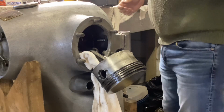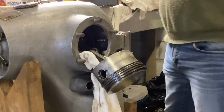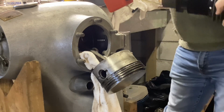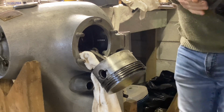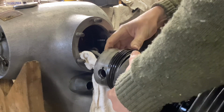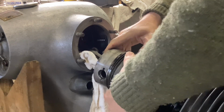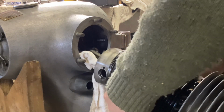We've reached that wonderful moment where it's time to put a cylinder on. I'm actually quite excited about this. Been looking forward to getting this engine together for a long time. So, a bit of oil down the bore and smear it around a bit. I'll try wrestling them on. I don't use a piston ring compressor. I haven't got one, even for the Aeronca. They usually just go in. There's a bit of a taper on the end of the barrel which helps pop the rings in. So, see if we can get it on without